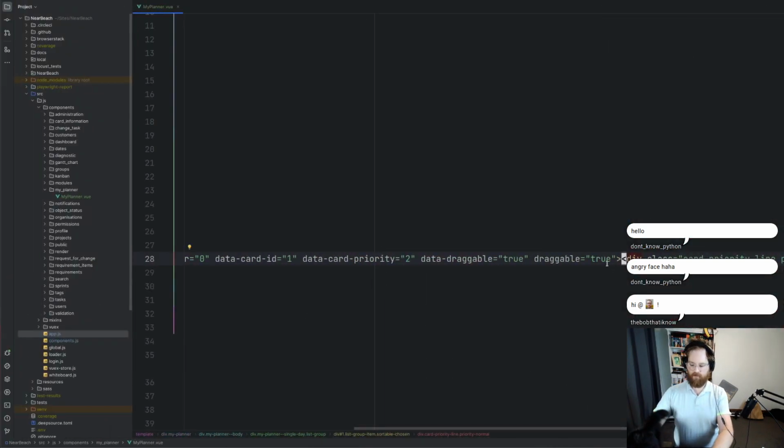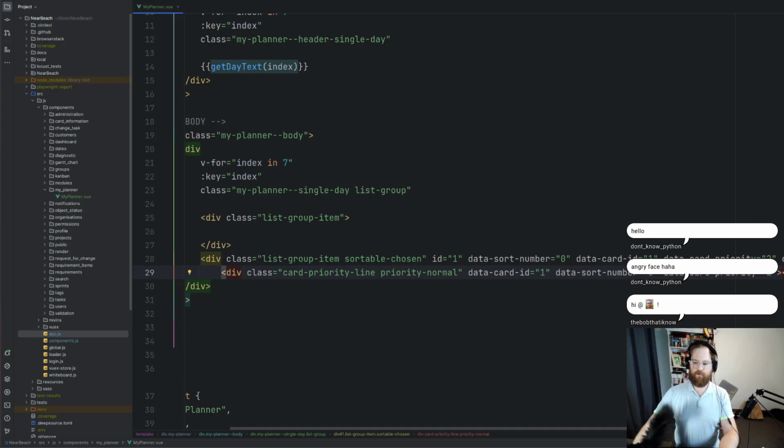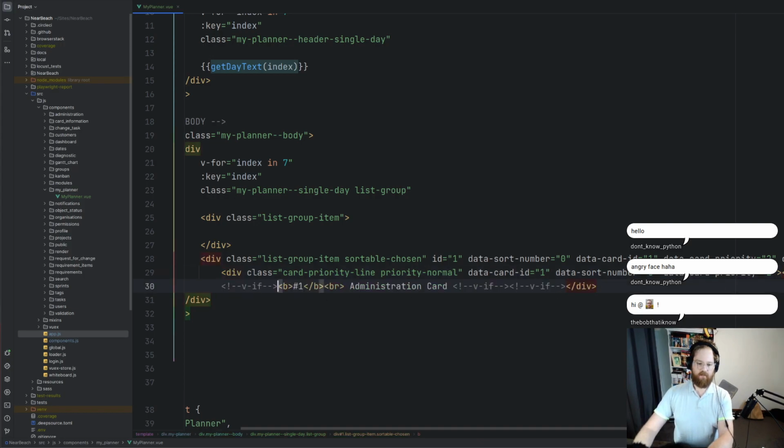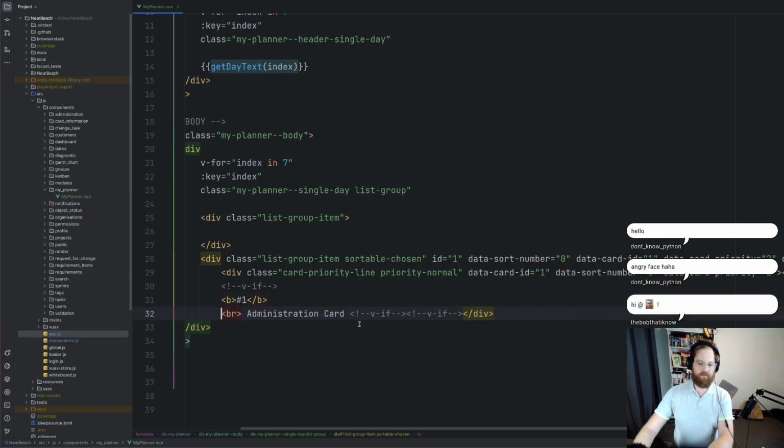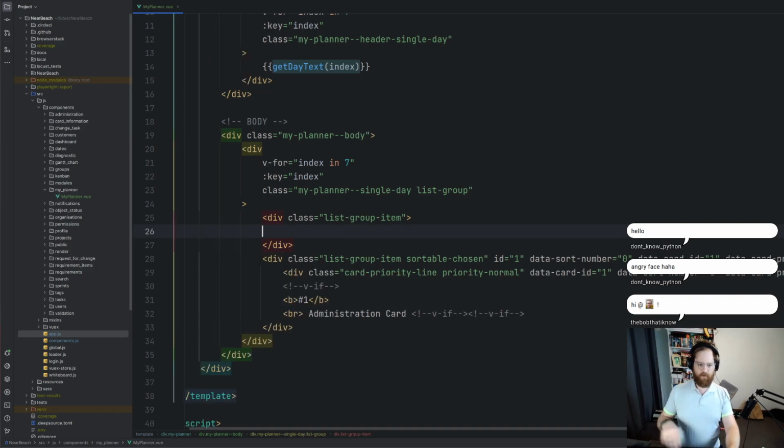Okay, so what I want to do, I just want to place that onto a new line so I can actually see it. I'm just, once again, breaking these down so we can see what it all looks like. We could do something as simple as that. We don't need the priority. We need a bold project one. But we're not going to do bold project one. We're going to go div